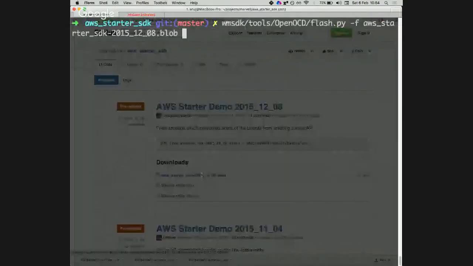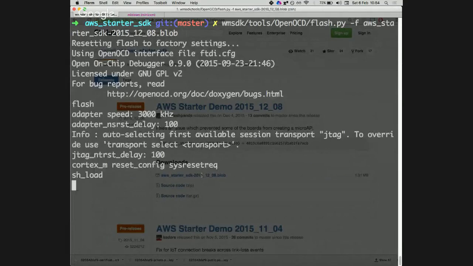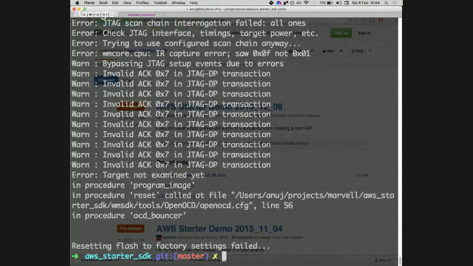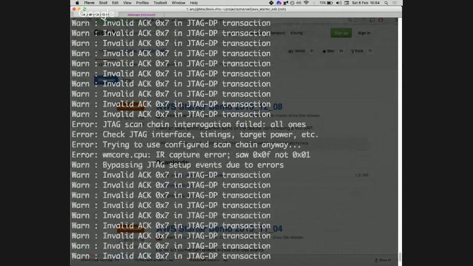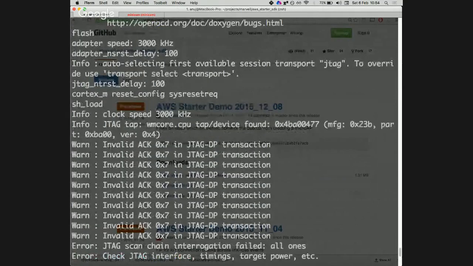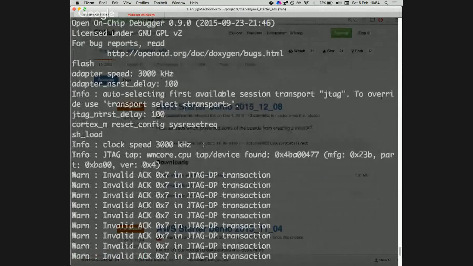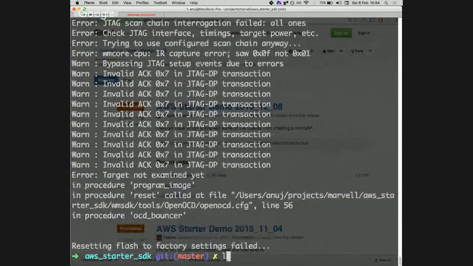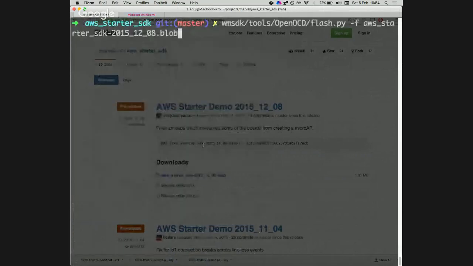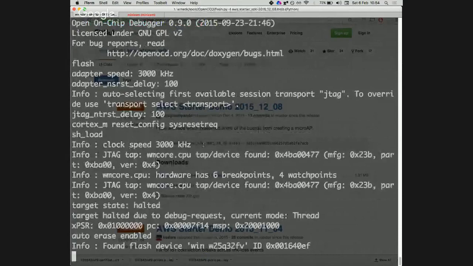What I'm going to do is upload that, because right now I have some other things that I was working on. So now it is in the process of flashing the device.